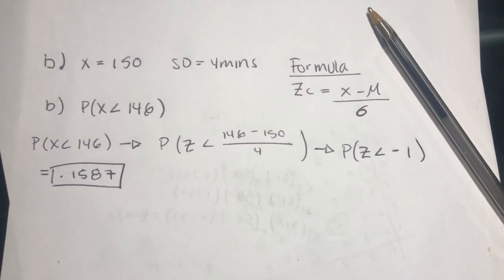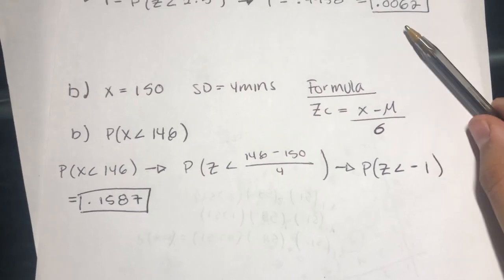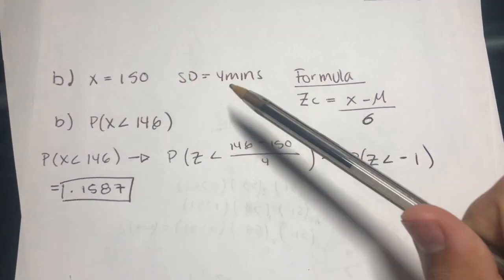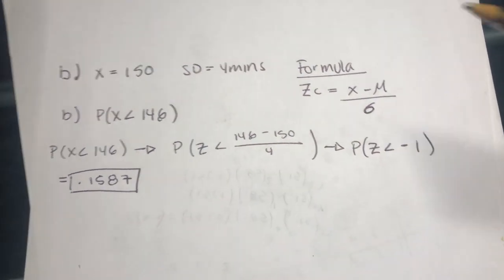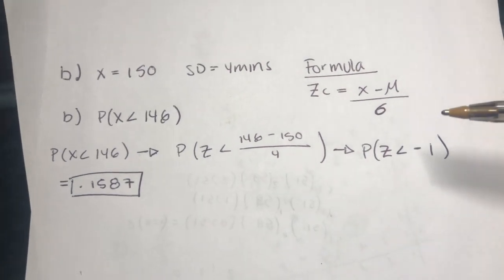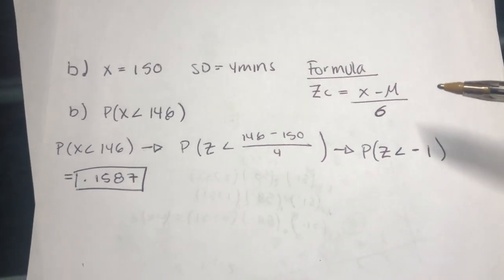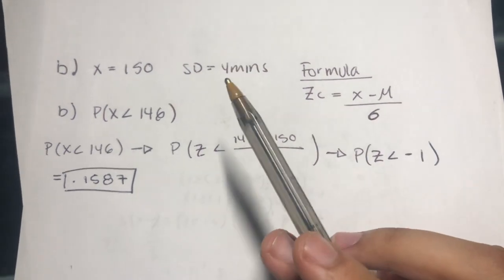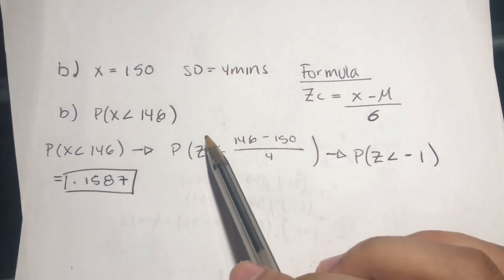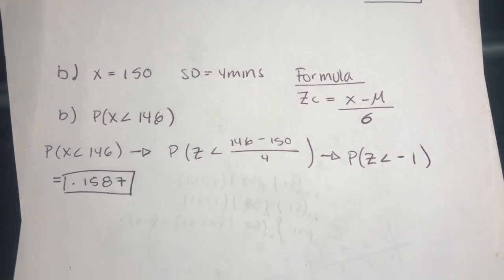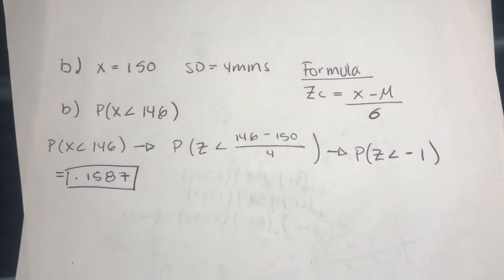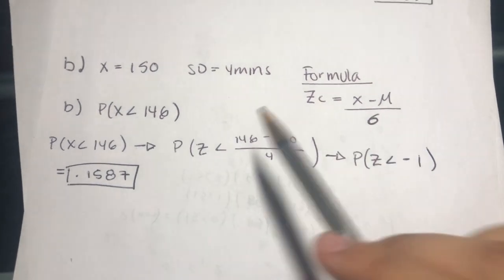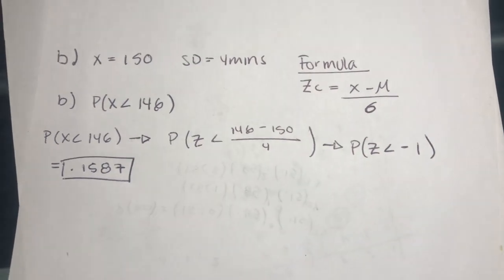Okay, so in letter B, we have the same values as we had before. So we have an x value of 150. We have a standard deviation of 4 minutes, and we're going to use the same formula of z-score for this problem. This one's easier because we don't have to change any signs. As you've seen in letter A, we had to change the sign from greater than to less than, but this one is already in less than for us, so we can go straight up to